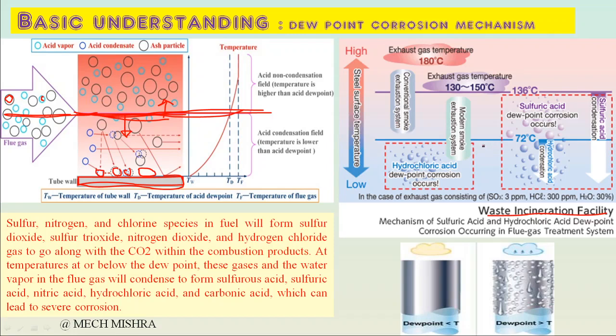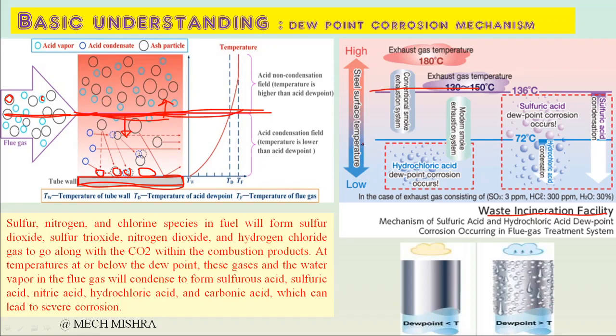So in my incinerator facility, the waste means exhaust gases. The exhaust gases contain HCl gases with water vapors. Now at high temperature, the exhaust temperature is 180 degrees. So if we maintain the temperature above the dew point, this hydrochloric acid will always be in the form of gases, and they will not condense on the metal surface. So my system is safe.